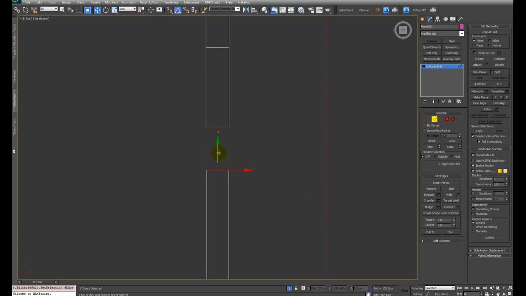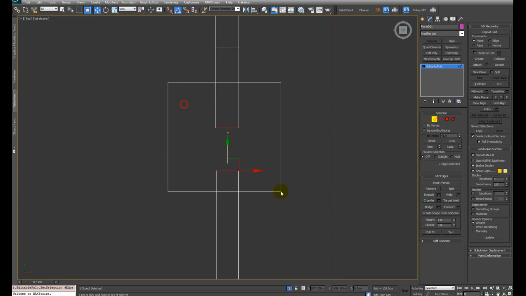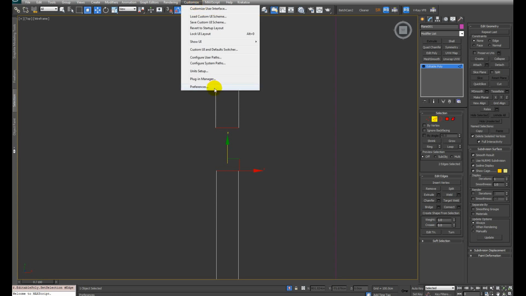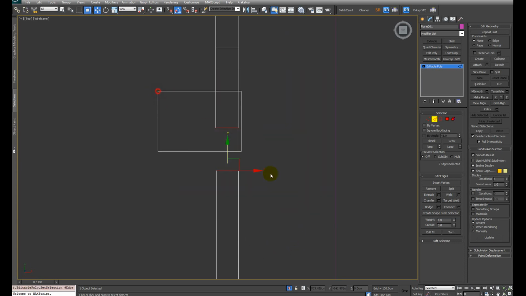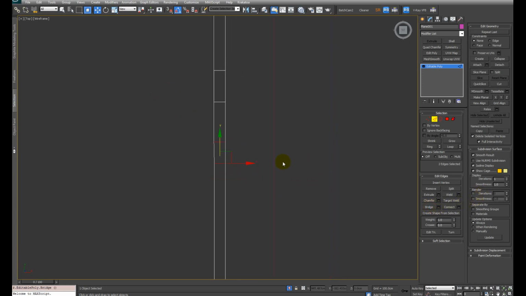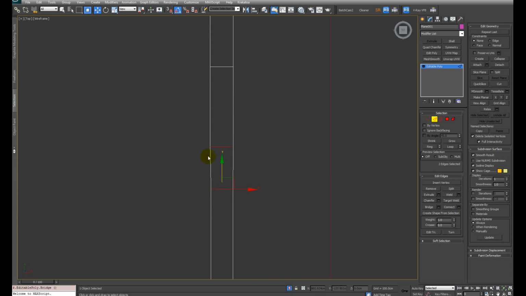Okay, now we must bridge these two edges together, and as you can see, if I go like this with my selection from left to right, it only selects these two edges. If I go like this, it selects all the three edges. I use this mode because in AutoCAD it's the same selection technique, and it saves me a lot of time in some cases. And if you want to enable this mode, you have to go to Preferences and check this box, Auto Window Crossing by Direction, and you can check right to left or left to right depending on your style. So I will select these, hit bridge,